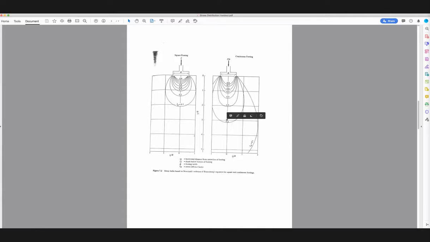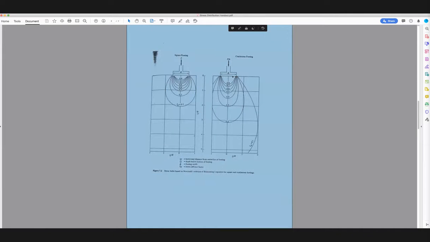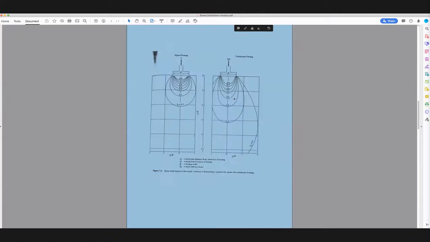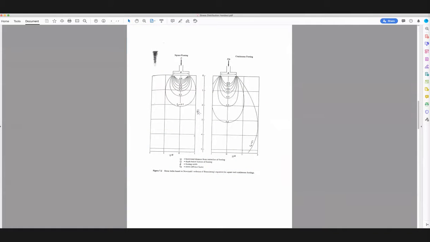You might be midway between the center and the edge of the strip and 1.5 times the width of foundation downward. And it's all, as I said, normalized with that dimension B because this vertical axis is associated with that